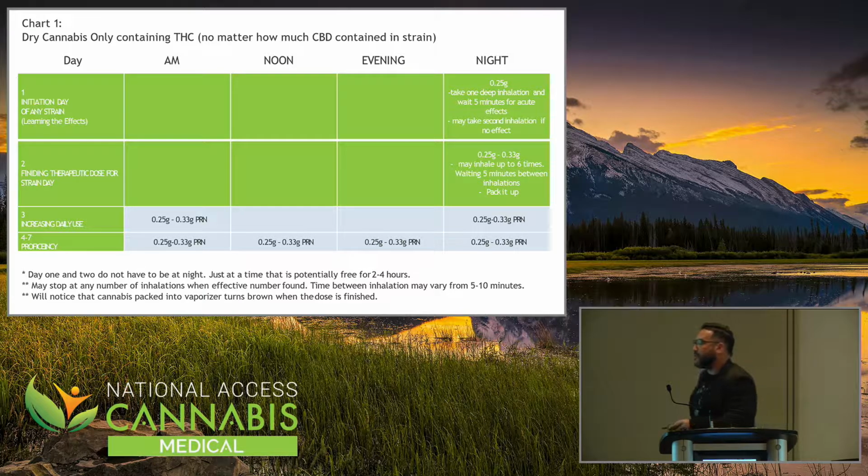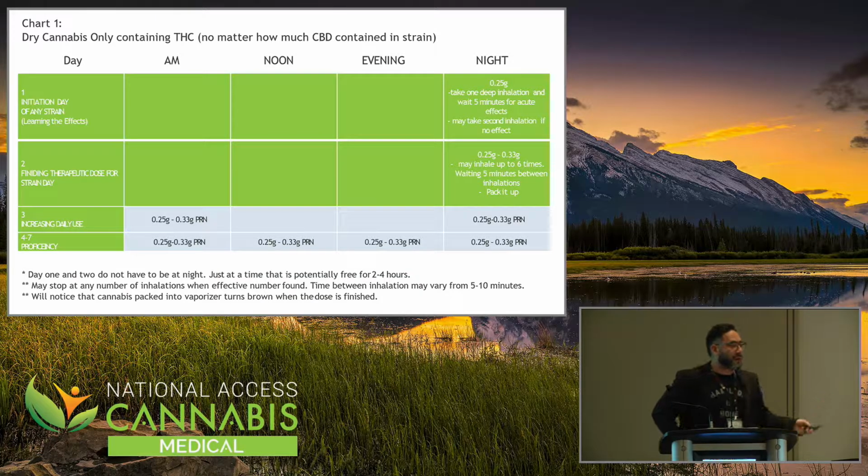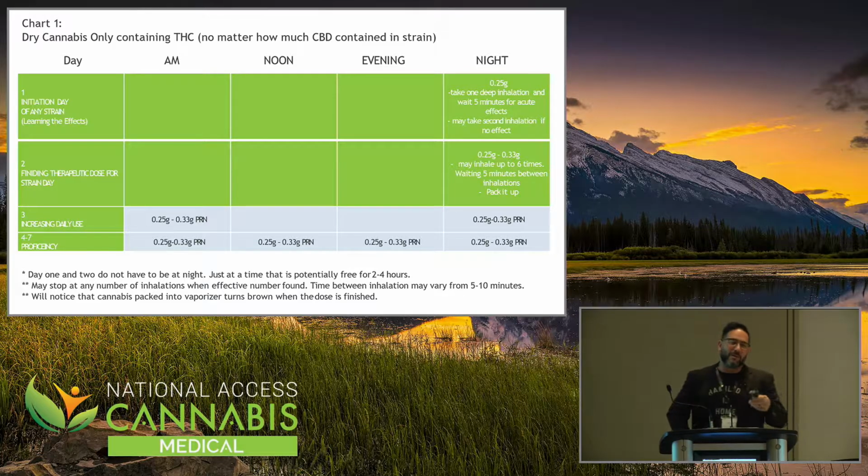They don't have to use it at all. It could be a PRN dose. They don't have to use it. But if they're going to start using it 3 or 4 times a day, and you were using, let's say, a 20% THC, you'd have to go really high to get the actual amount of CBD you need. It's always good to ingest CBD because you can get a lot more of it than you can when you vaporize it.